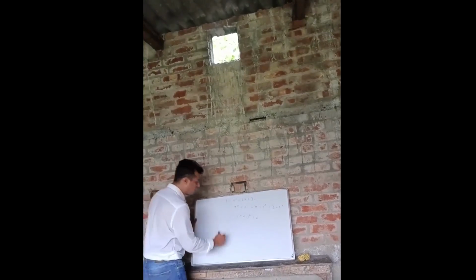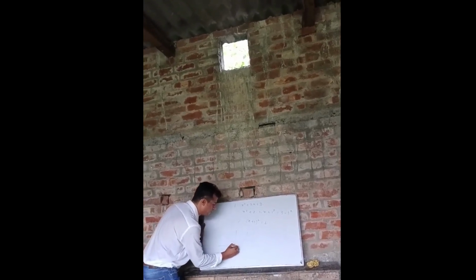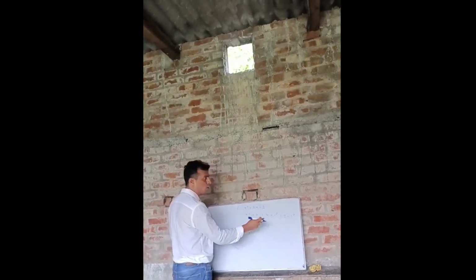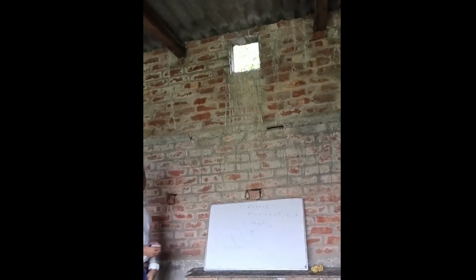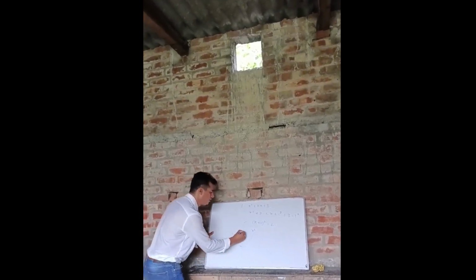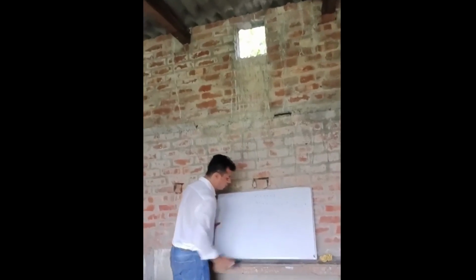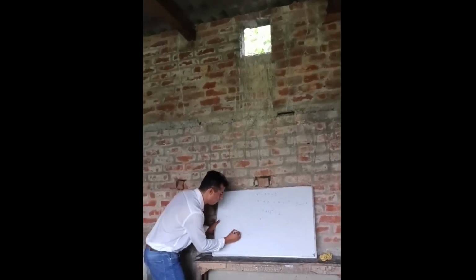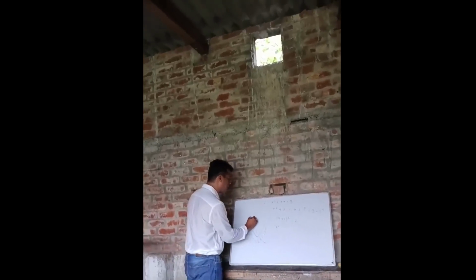Now it's very easy to draw. This is the x square graph, and we have to put x plus 1 equal to 0. That is x equals minus 1. So the graph will shift 1 unit leftward. So this is the graph of x plus 1 whole square. And the third thing we have to do is lift the graph by 2 units. So this graph will lift by 2 units. This is the graph of x square plus 2x plus 3.